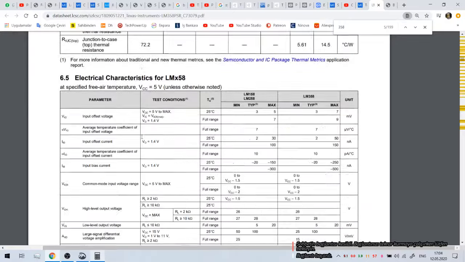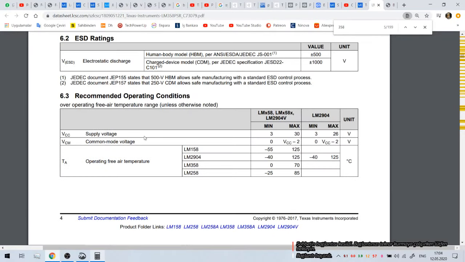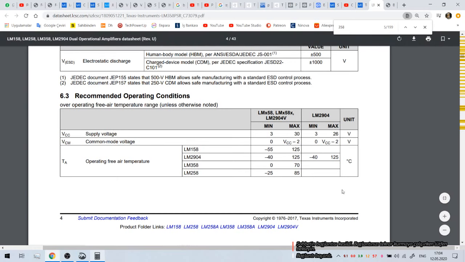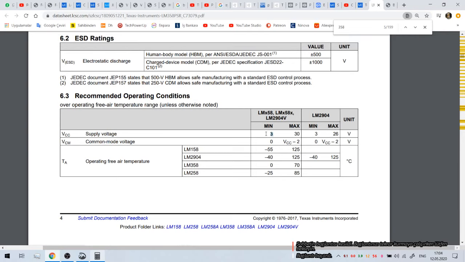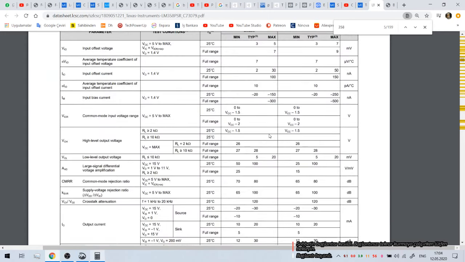Yes, I want to say, supply voltage, minimum recommended operating conditions, minimum 3 volt, maximum 30 volt. So we need at least 3 volt. I want to use 5 volt for more stable conditions, and also